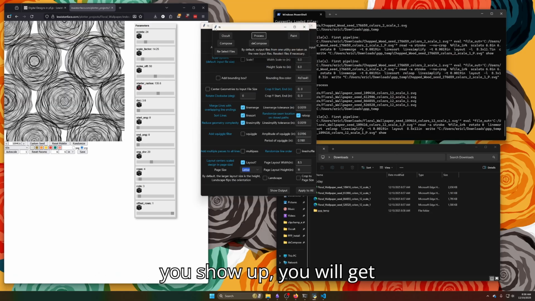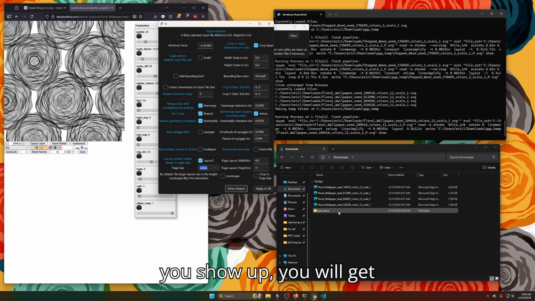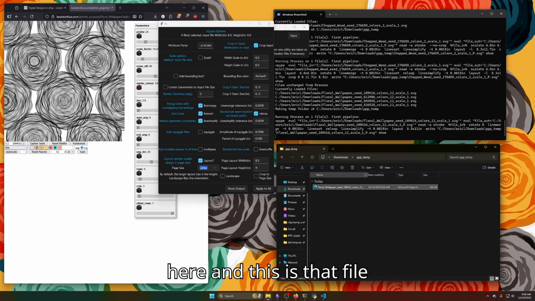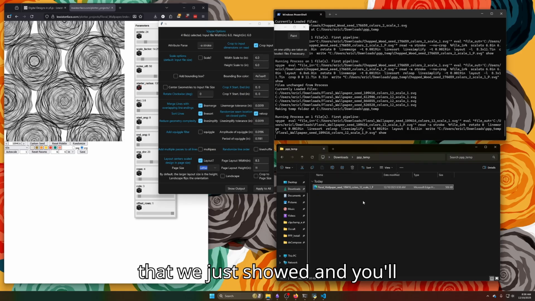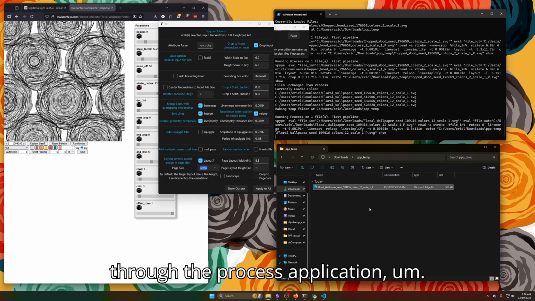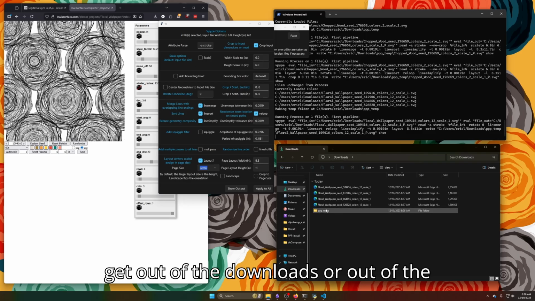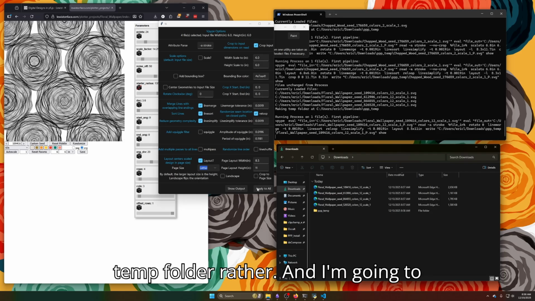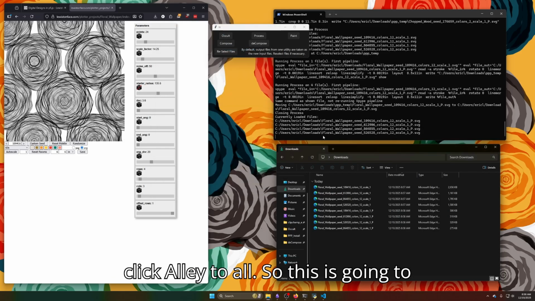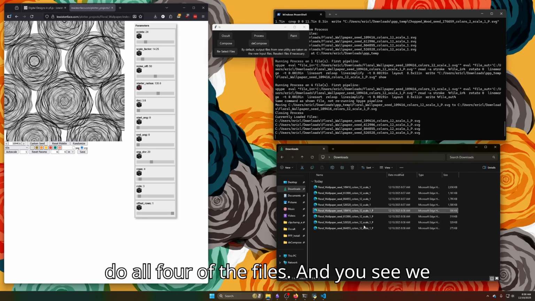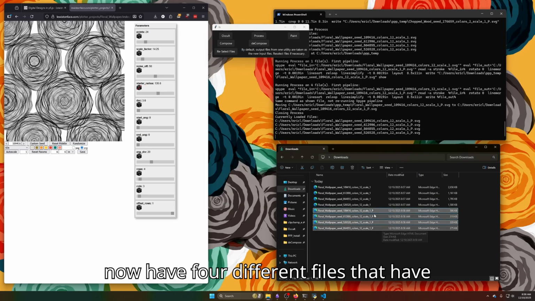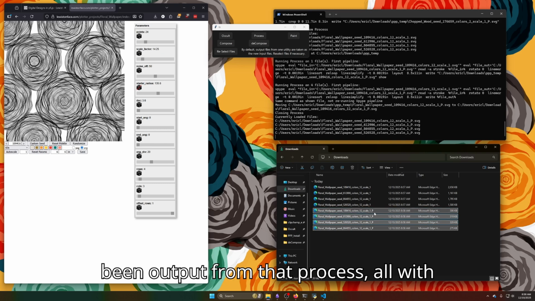So when you show, you will get this plotter post-processing temp folder here. And this is that file that we just showed. And you'll see that it has an _p. That's to indicate that it has gone through the process application. But I'm going to get out of the temp folder rather, and I'm going to click apply to all. So this is going to do all 4 of the files. And you see, we now have 4 different files that have been output from that process, all with the _p